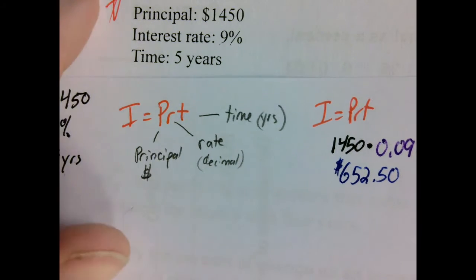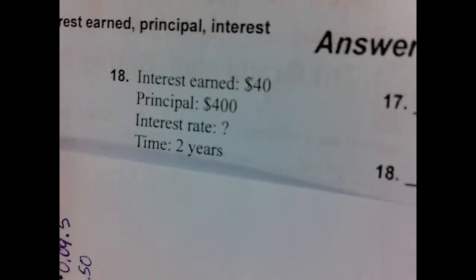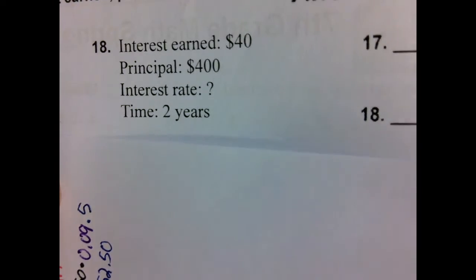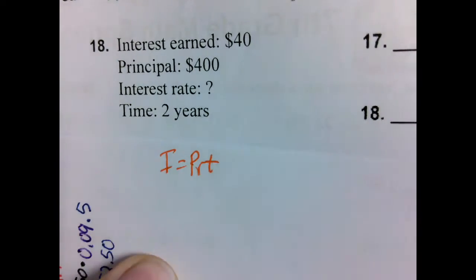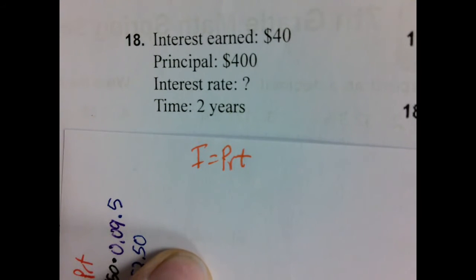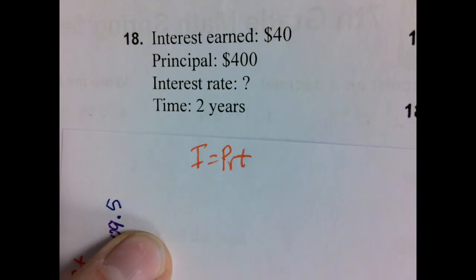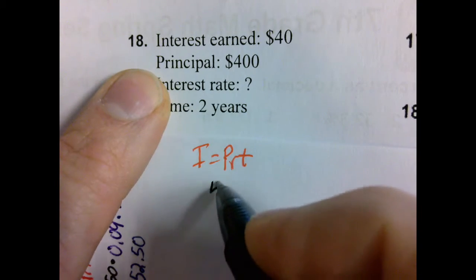You're going to see one just like that on number 17. Number 18, just like one of these two, whether it's solving for interest or solving for time. When it gives you interest, principal, rate, and time, it sounds like our friend I equals PRT. So put down I equals PRT. You don't need to put 18, the actual number, on your cheat sheet. You don't have to even write this on the cheat sheet, but you might see one like it on the semester test,